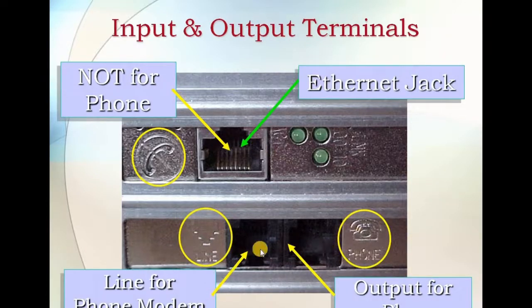And these ports are used for the phone modem for input and output. When we want to get connected to the internet, we require a device that we call the modulator or the modem, which converts the electrical signal into an analog signal and analog signals into electrical signals. For connection of that, we use these modem ports. For that we have these two slots.